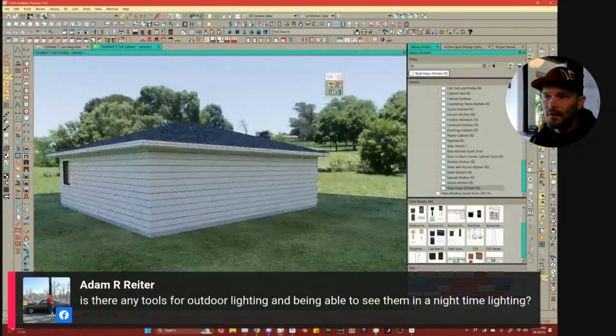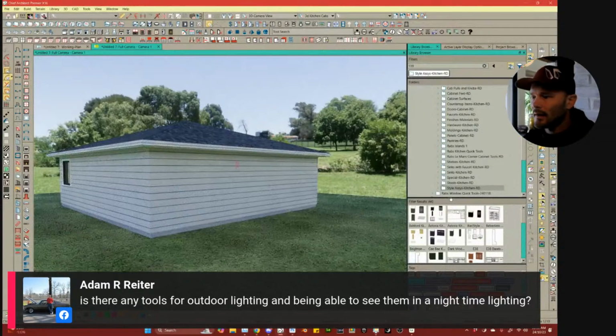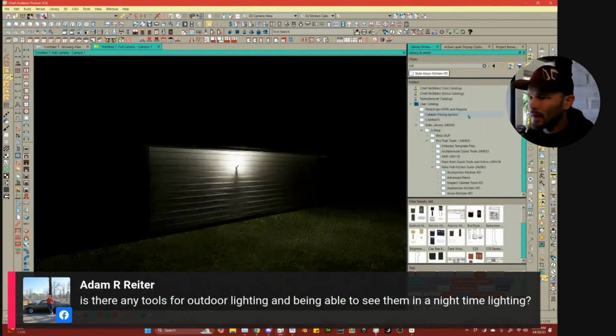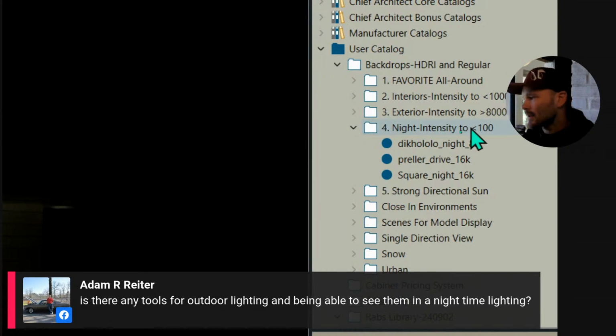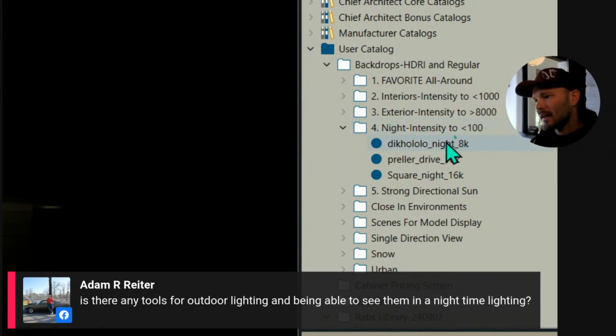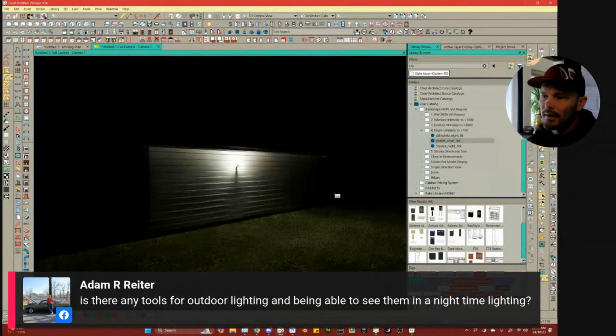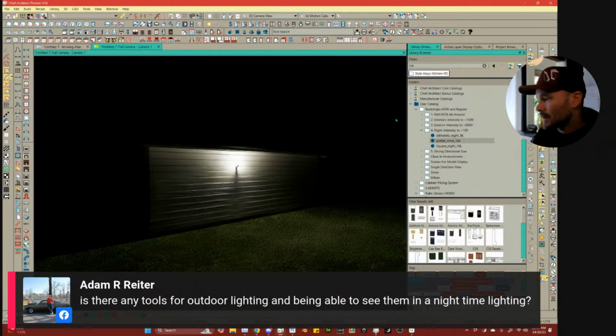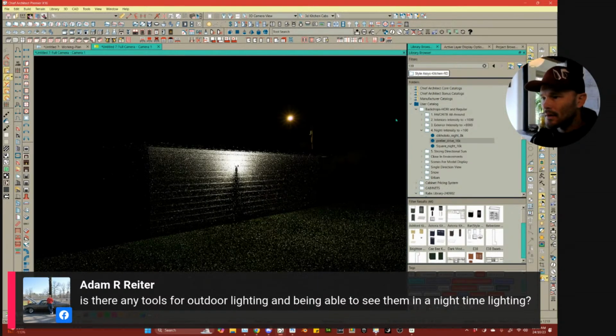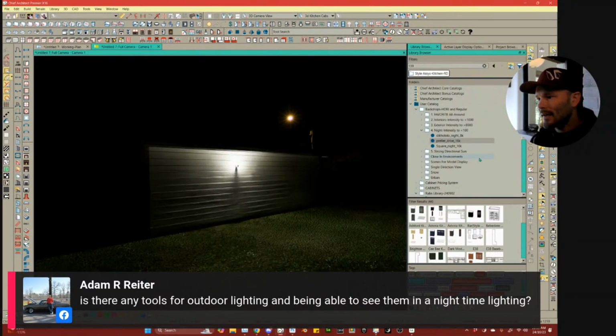So if I drop in an outdoor light here and then I turn off the sun and I go into my backdrops, I do have night backdrops, and you need to set the intensity of your backdrop to something less than 100 in value. And so I can choose Preller Drive, click this in, go into my rendering technique options once that applies. And it takes a while because this is a 16K resolution file, but we notice that some light just illuminated